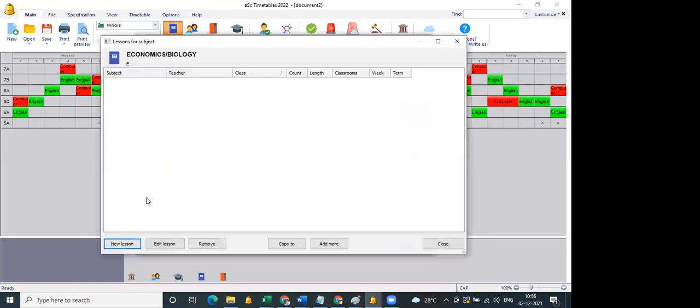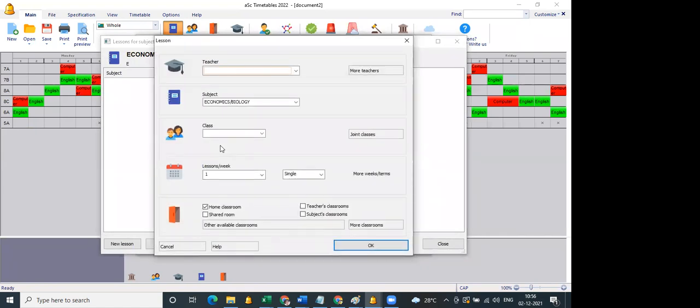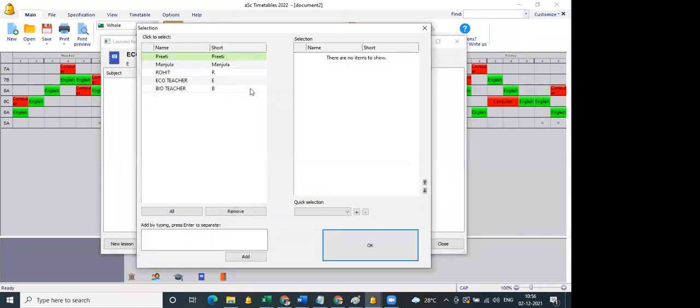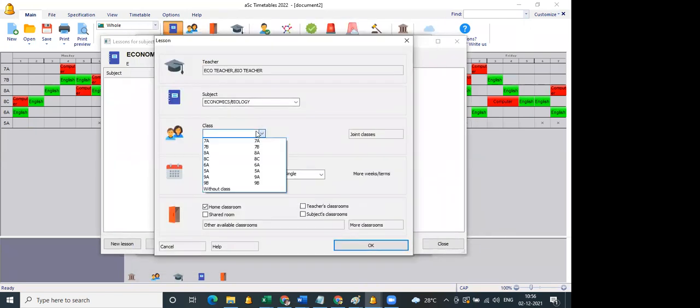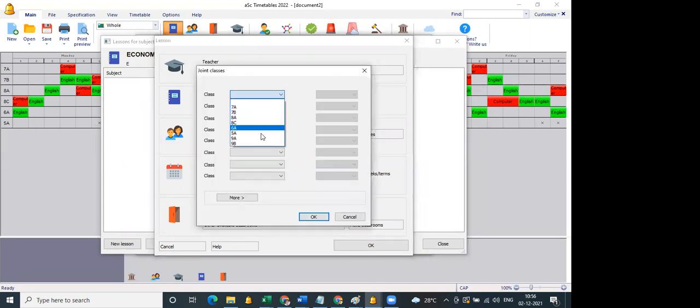Now I go to economics, new lesson. You can do this in the Excel itself. Just showing you more teachers, I add the 2 teachers, and for class I'll add a joint class, wherein 2 classes are joined together and the students are combined together.